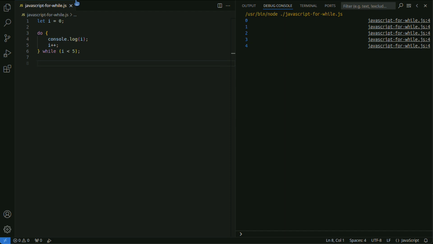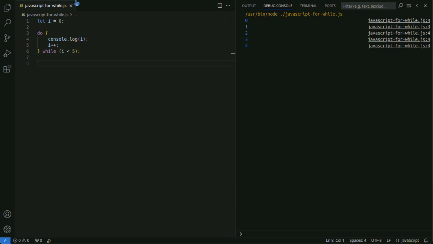In this example, i is displayed from 0 to 4. The do while statement differs from the while statement in that it is always executed once, even if the condition is false.